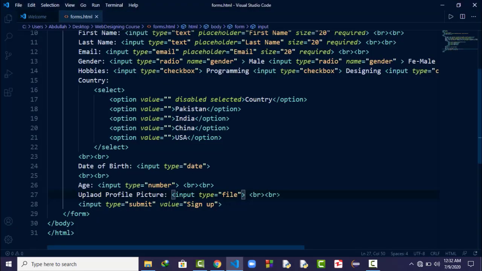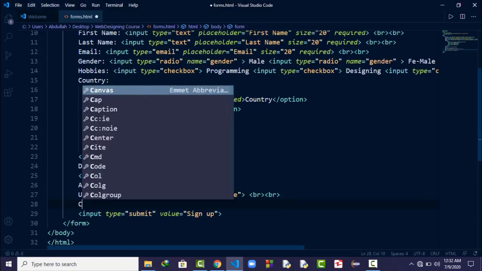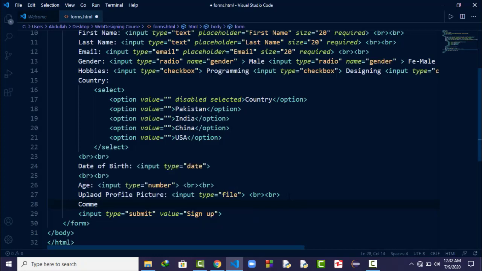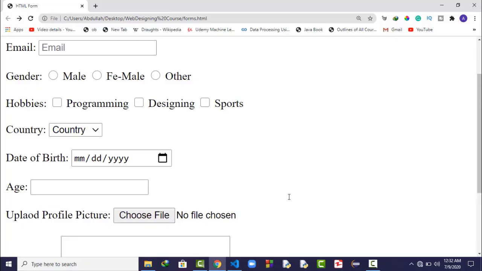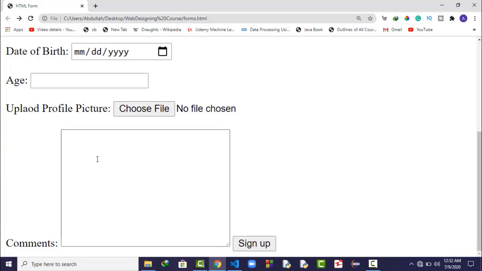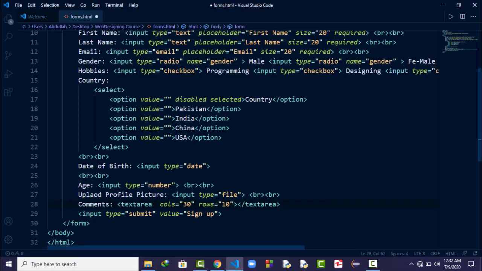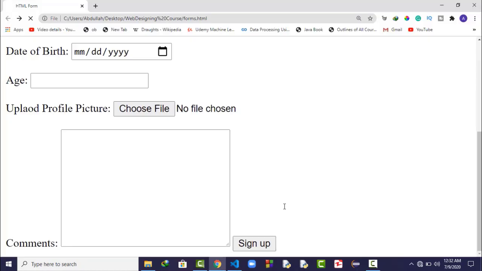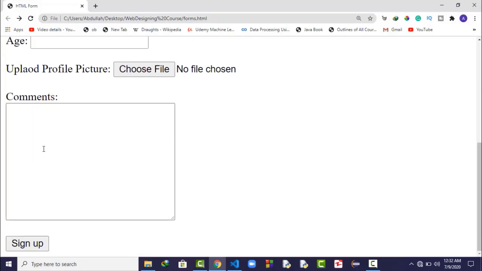Now after that, let's say we want to get some comments from the user. So I can add a comment box right there. So I will say comments. For the comments we use textarea. So we use a tag called textarea. For now we can remove this name and ID. Okay, so we just save this, let's refresh it. So we got this thing right here. Now after that I want to add a break tag right there, and let's add a break tag before this so it will look better. So that's how we got comments.